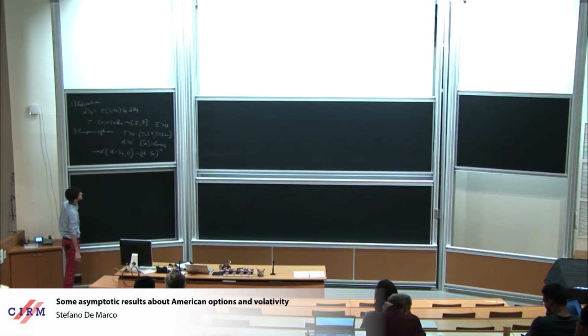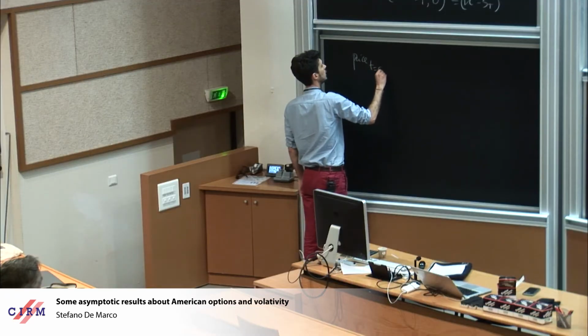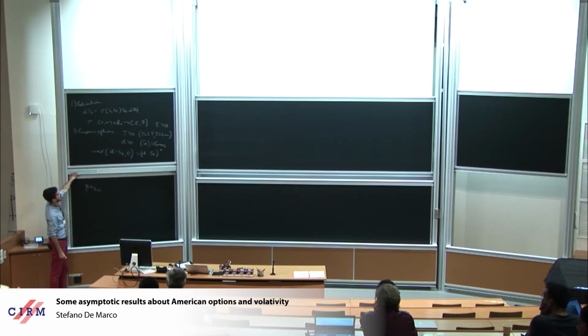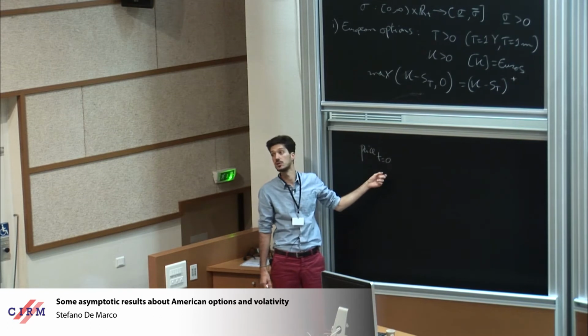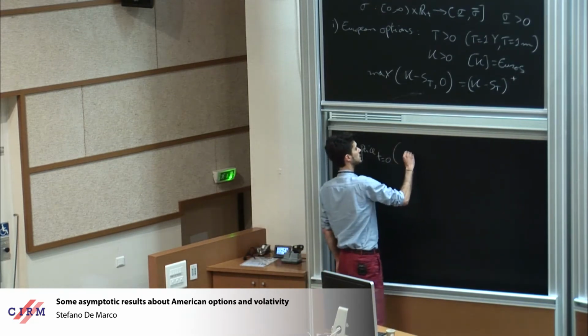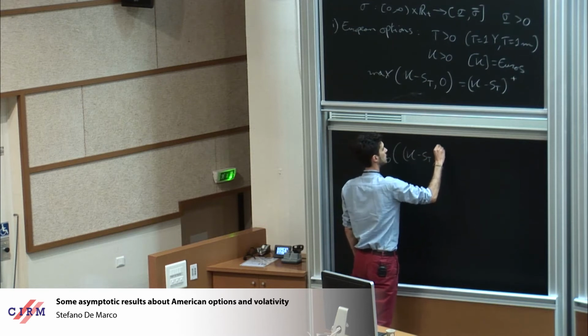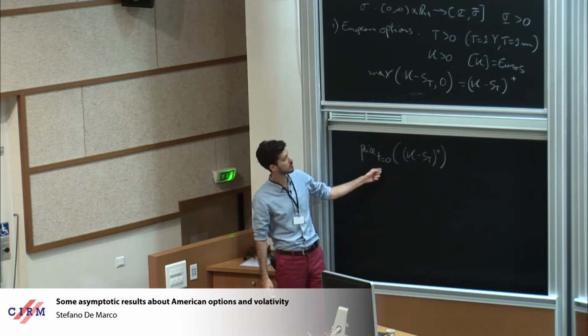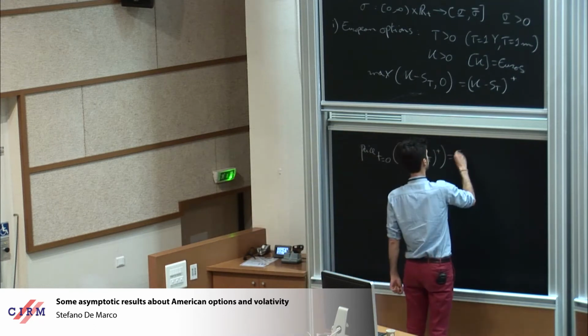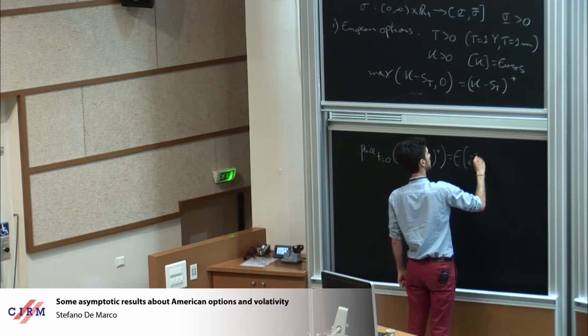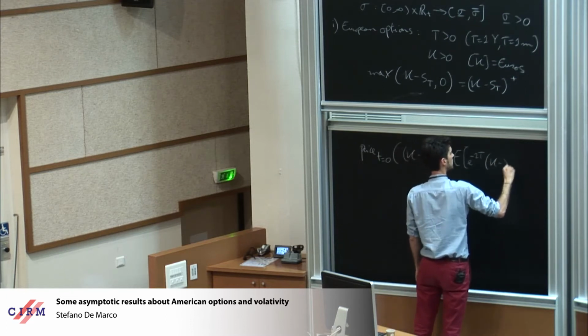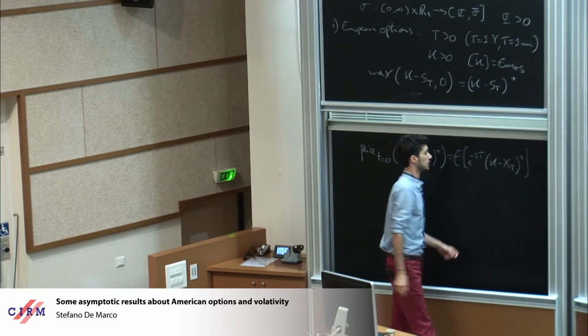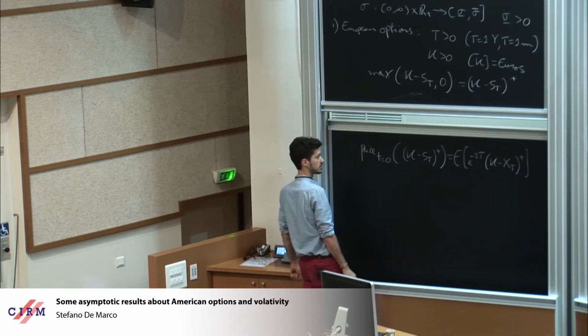Good. So the theory for pricing and managing these kinds of products tells us that, since I'm buying the right of getting some money in the future, at capital T, I have to pay something now in order to have this right. So the price of this contract now, at time 0, is given by an expectation: the expectation of exponential minus rT, times the positive part of K minus X_T,